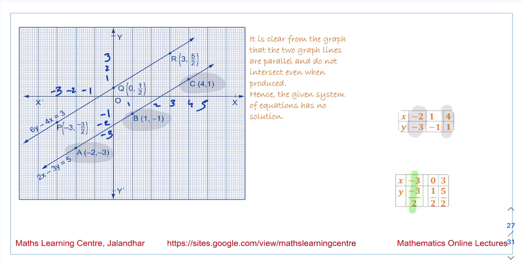Now the next point we have is minus 3 comma minus 3 by 2. Next is 0 comma 1 by 2. This point Q we are saying is 0 comma 1 by 2. And this point we are saying is 3 comma 5 by 2. When we join all these 3 points, we obtain this line over here. This is the line corresponding to